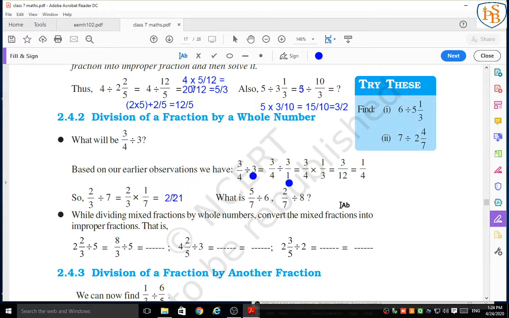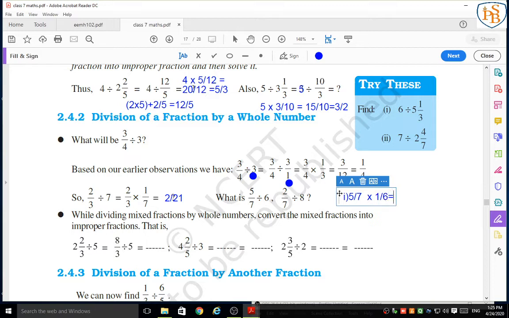What about the next? Here is the first question, that is 5 upon 7 divided by 6. I am going to solve this first question. 5 upon 7 remains the same. Instead of division we will write here multiplication. Now it is necessary to write the reciprocal of the given next number. So the reciprocal of 6 is 1 upon 6.